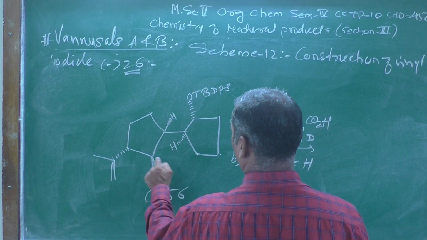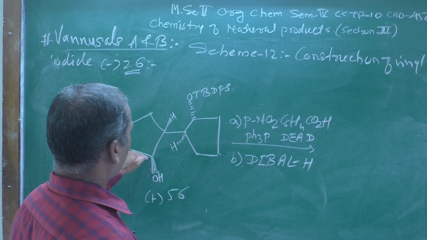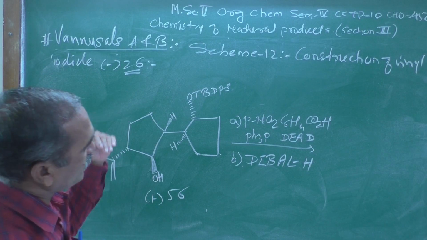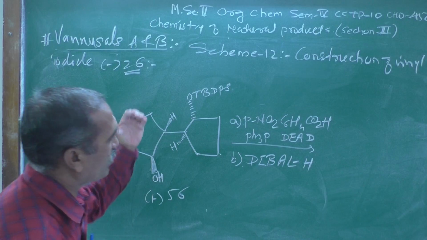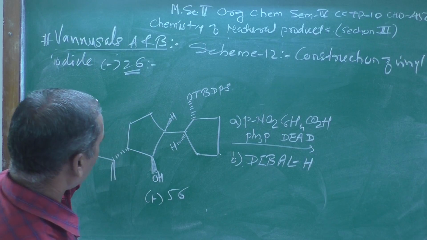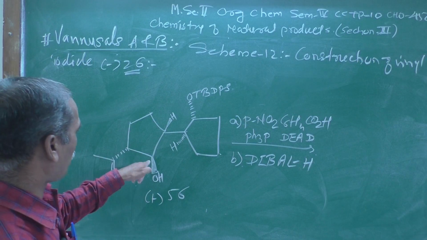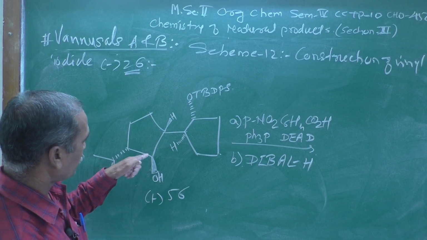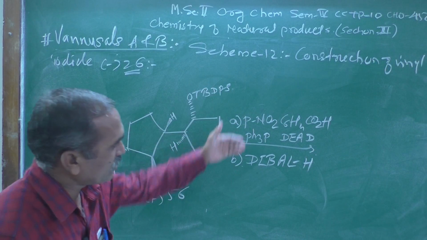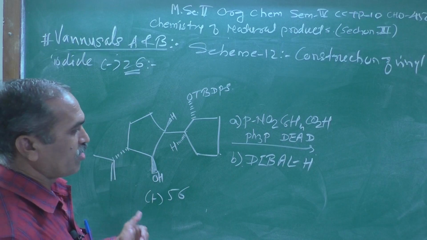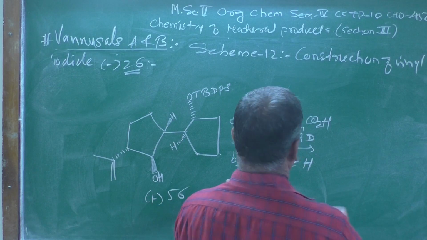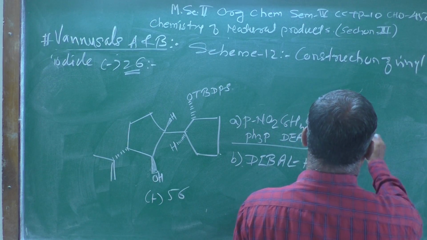So here just remember, this is a chiral center. If you observe this compound carefully, how many chiral centers can you see here? Look at here, 1, 2, 3, 4 and 5 chiral centers are there. But our main focusing point should be the hydroxyl group. Here you can see it is above the plane. After the addition of this reagent, this hydroxyl group gets inverted, meaning an inversion reaction takes place, and finally you are going to get the product, this one.